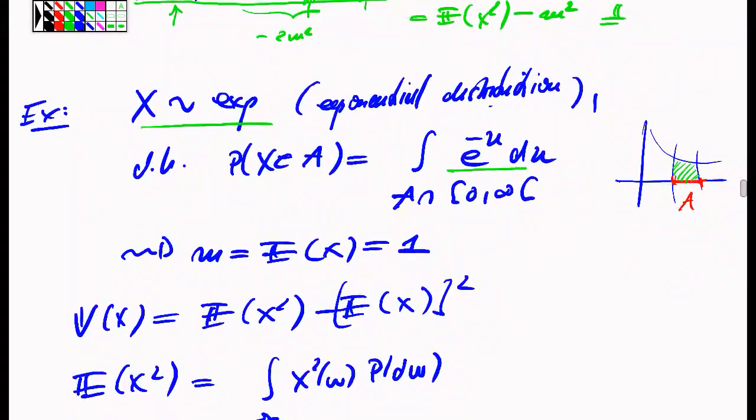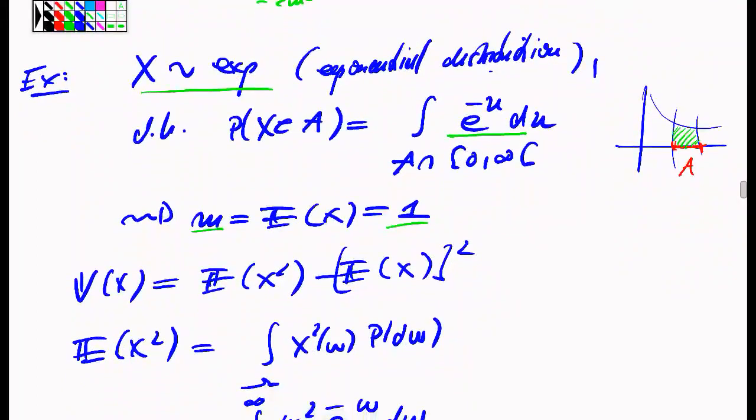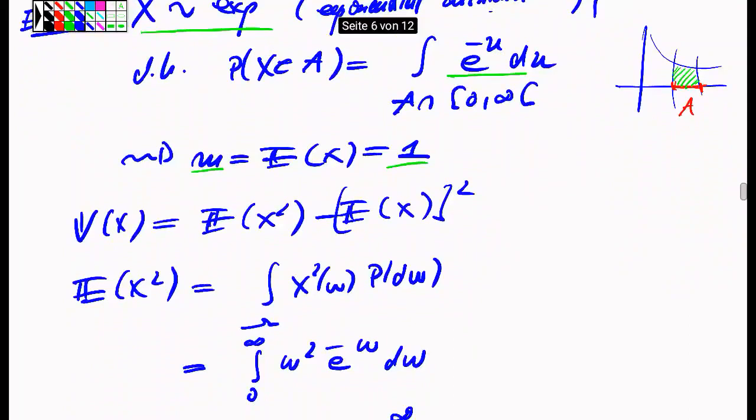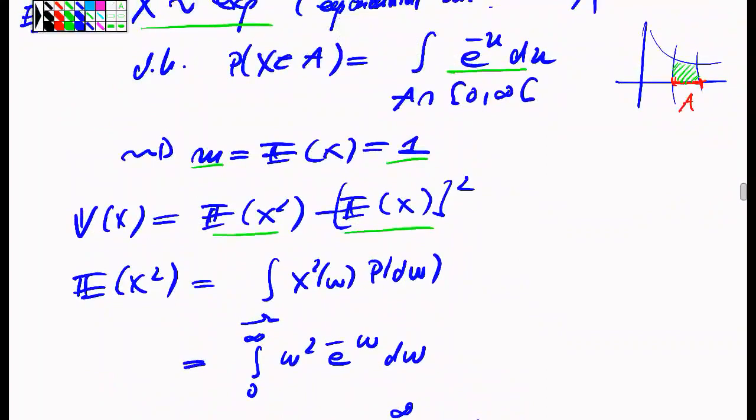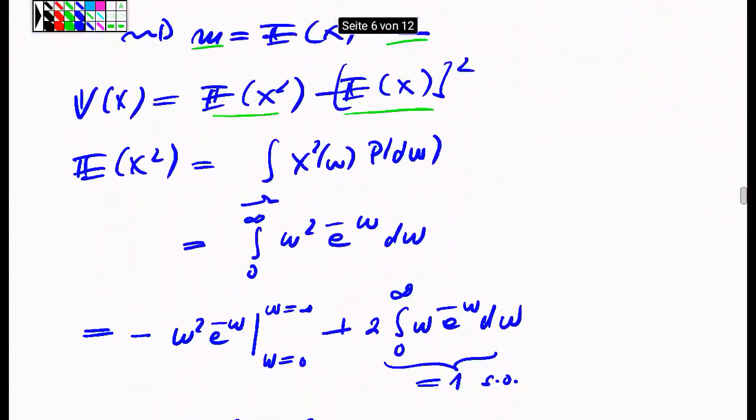Then it's a simple exercise to compute the expected value m to be 1, and the computation of that is similar to the computation that we do now for the square. So we know that the variance of x is given by the formula above. It's the expected value of x squared minus the square of the expected value. So if we believe that the expected value of x is equal to 1, we compute now the expected value of the square, which by the